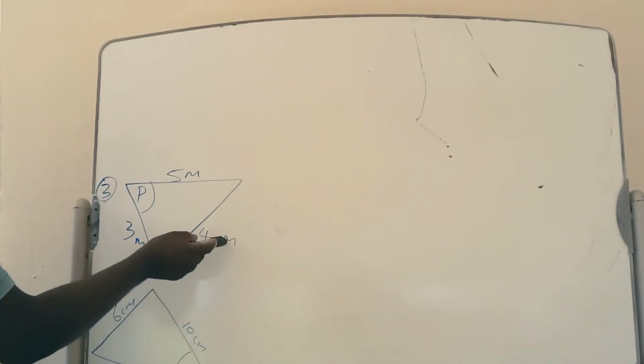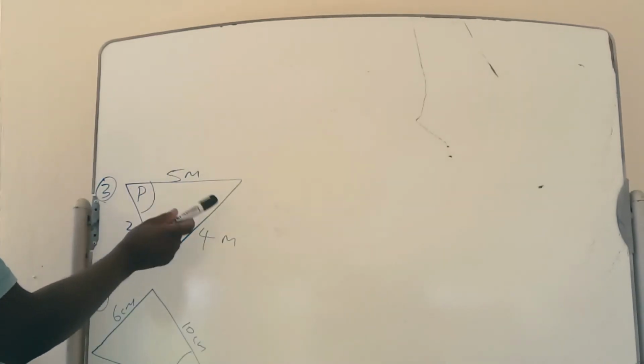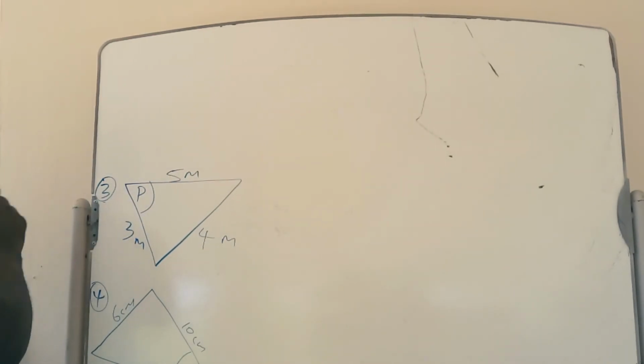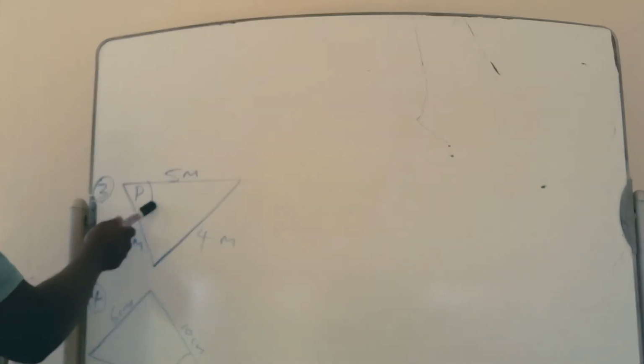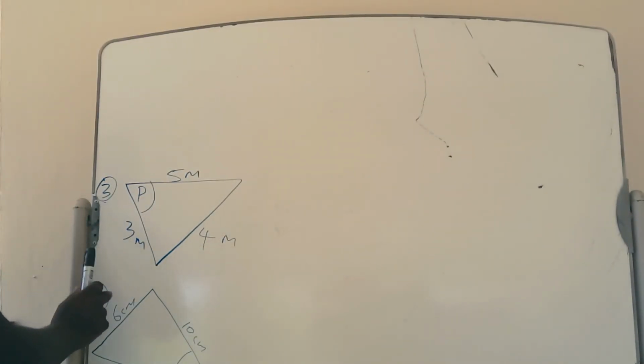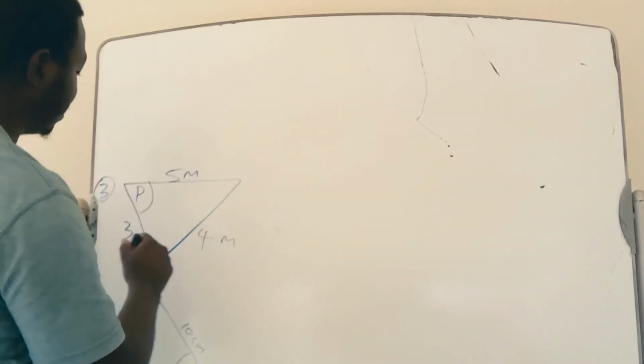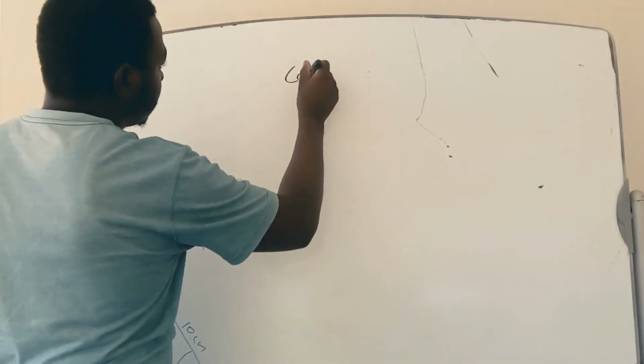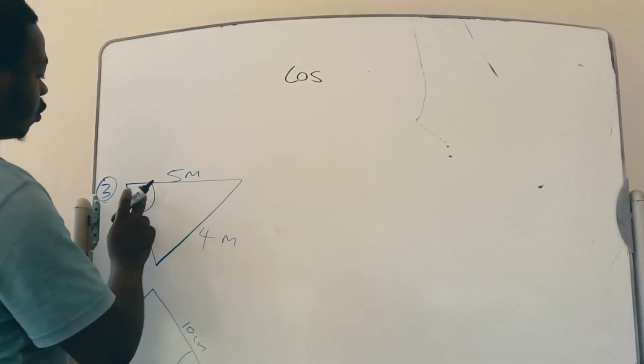We are given the length of 3 sides, which is 5 meter, 4 meter, 3 meter. We are given an angle, and we are asked to use the cosine rule to find this. So now we want to find an angle. We can therefore say that cos of this angle, which is P,